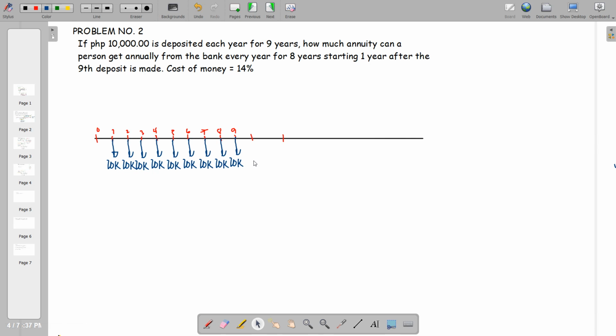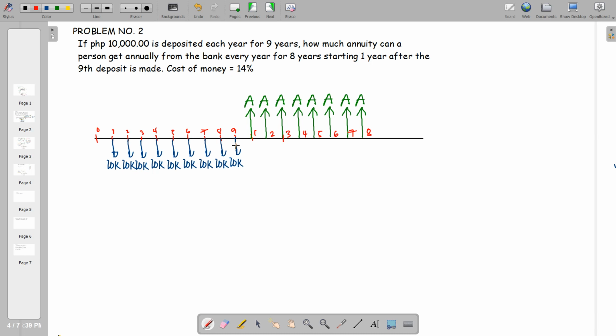So right after this, you will start to withdraw, or to get an annual withdrawal from a bank for 8 years. So that is 1 year after the 9th deposit. So this is the 9th deposit. 1 year after will be the 10th year, where you start to get an annuity for 8 consecutive years after